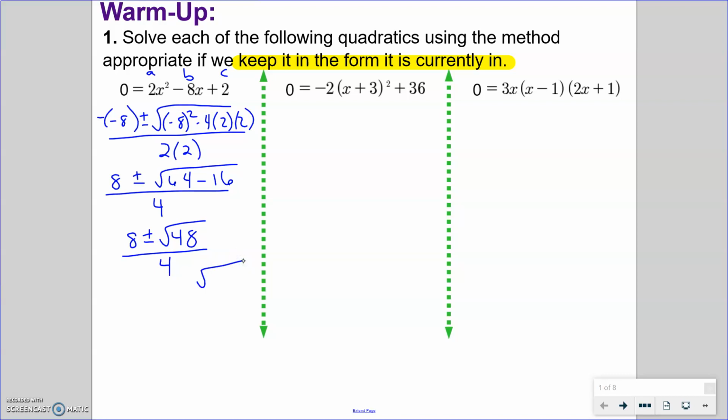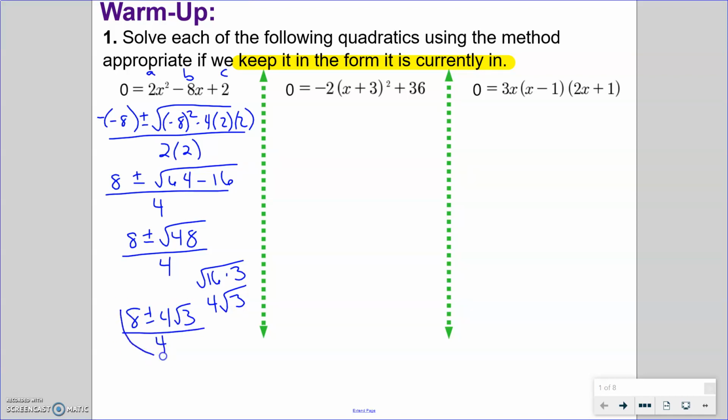So 48 does divide by 4, but it leaves me with 12, so that's still kind of a big number. So maybe I'll try 48 divided by 16. Oh, and that works. So I can rewrite it as 16 times 3, which means that reduces to 4 root 3. So if I rewrite it,